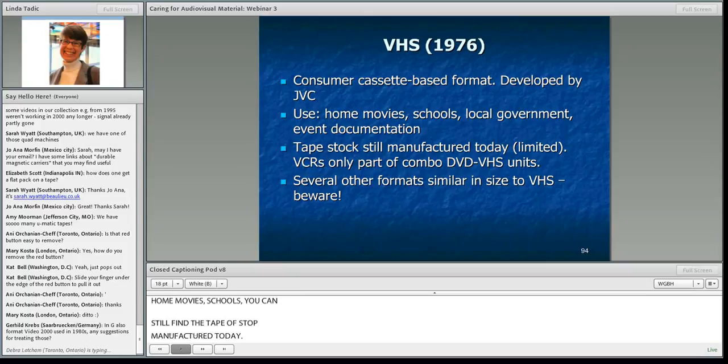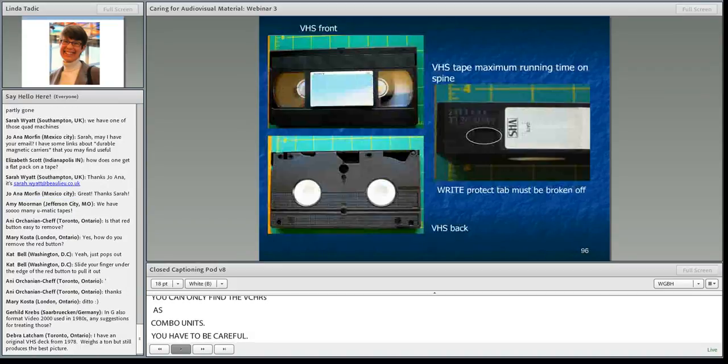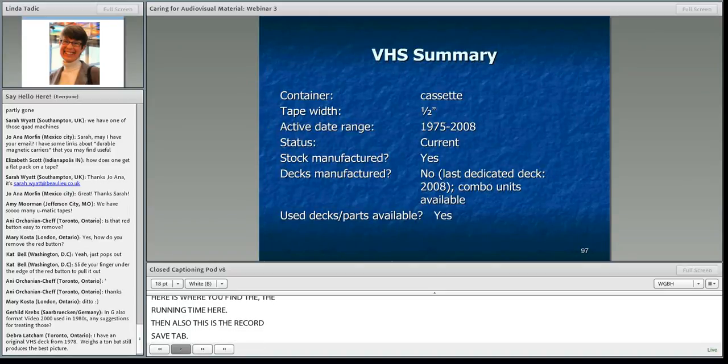And you have to be very careful because there are several formats that look like VHS tapes, but they aren't. So here's a professional VHS deck. Here's the front, here's the back, and here is where you can find the running time. And then also this is the record save tab. You have to break that off. Okay, the summary, the last dedicated deck was manufactured in 2008.